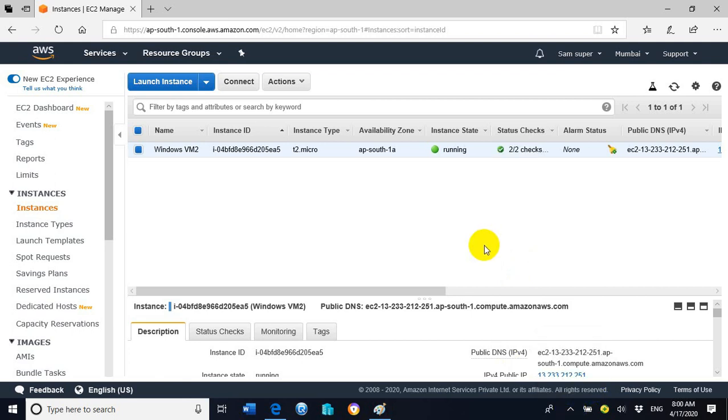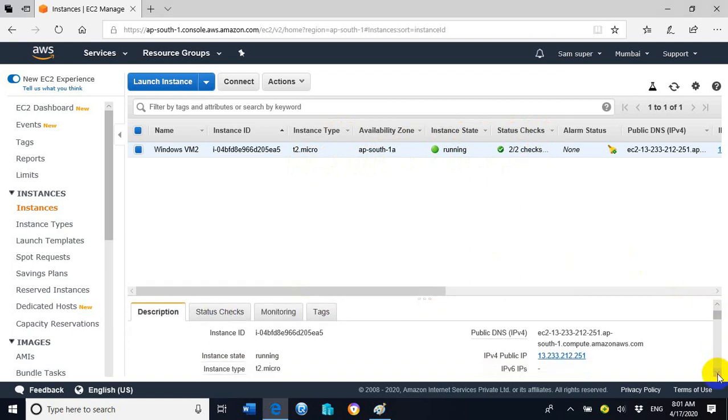Now you can see on the screen the status checks. It is showing 2 by 2 checks. It means the initialization of the Windows VM2 instance has been completed successfully. The name of the instance is Windows VM2, the instance ID is there, the instance type is T2 micro, the availability zone is AP South 1A, the instance state is running, and the status checks are 2 by 2.